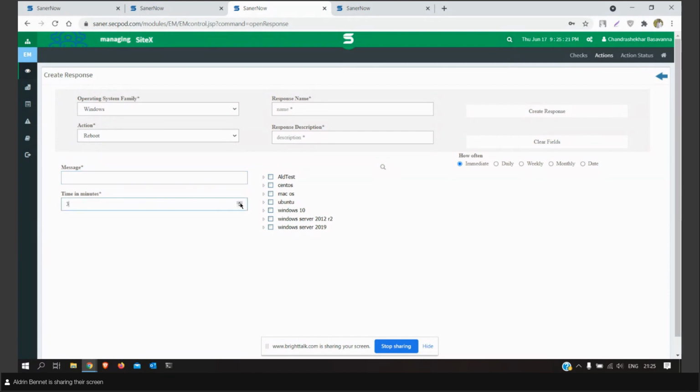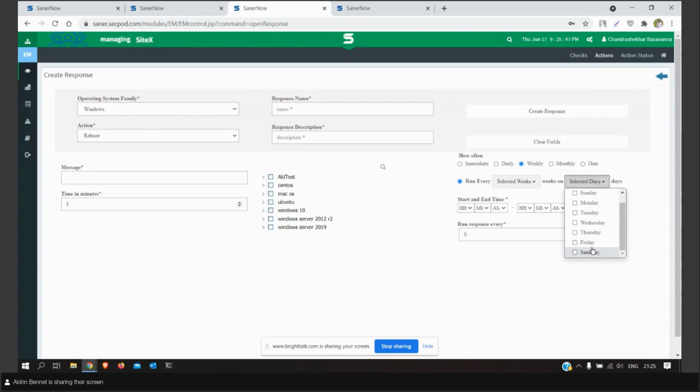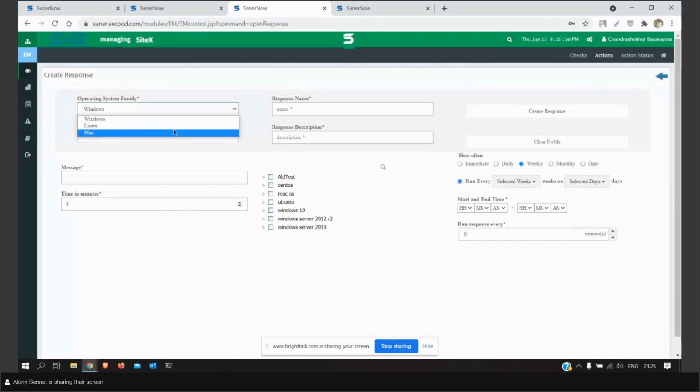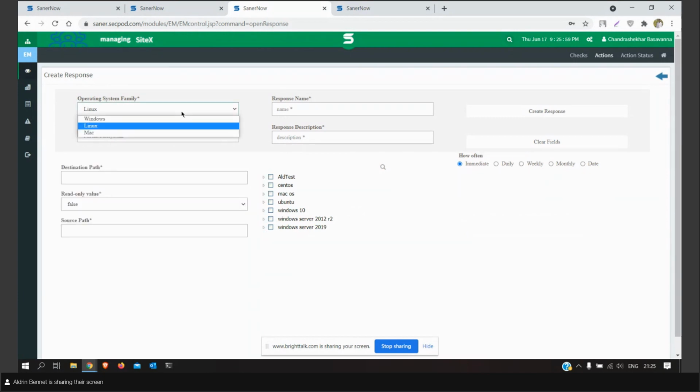And this option is used to select the time after which the reboot task will start. Say you give a message saying that your system will reboot in 5 minutes, and here you select 5 minutes. After 5 minutes, the agent will be restarting that system. You have to select the devices here, and you can just select the schedule options here, and it will go ahead and deploy it to the endpoints. Most IT administrators would want to do this on a weekly or monthly basis. Especially on a weekly basis, they'll be able to select weekends right here because most of the weekends their users are not going to be using the system. They'll be able to schedule it right here and they can deploy it to the endpoints. And likewise, we do provide it across all different platforms right here for Windows, Linux, and Mac.